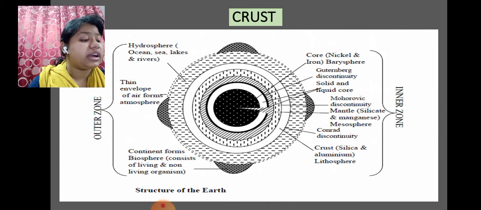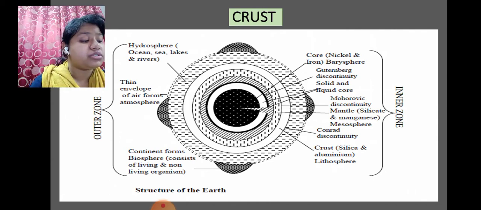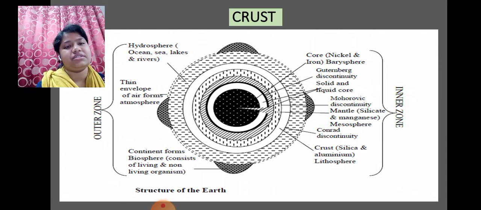In mountains, the depth varies and may go up to 70 kilometers in the crust. Continents are composed of silica and alumina, and oceans are composed of silica and magnesium. Continents are more granitic in nature, and oceans are more basaltic. Basaltic means it is very easy, like water, whereas granitic means it is very hard, like granite. So the oceans are denser than the continents, as they are basaltic.